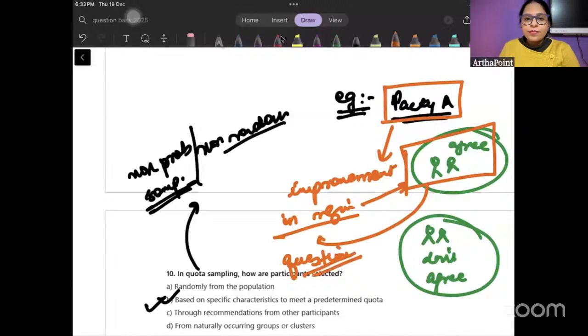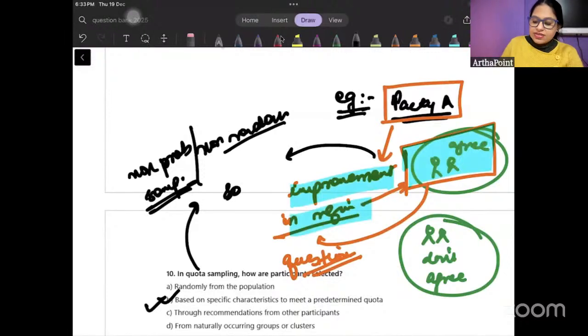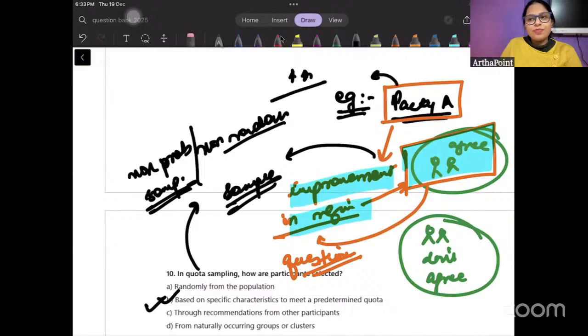Right? So I have created a predetermined quota. Okay? Ki only those people who think that there is improvement, I am just going ahead and putting them in my sample. And then I am showing that there has been an improvement. So wo ho gaya quota sampling. Quota sampling is where people meet a predetermined quota. आपके दिमाग में कुछ था और आपने सिर्फ उन्हीं लोगों को सेलेक्ट किया who fulfill that thing. So when they fulfill the predetermined quota,